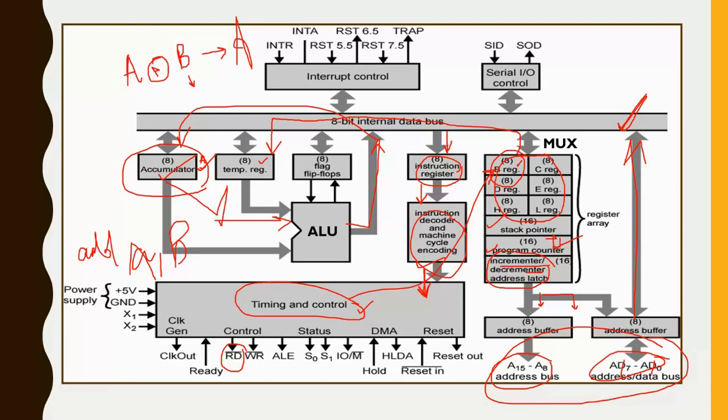So this can be asked in the Viva as well, what things happen. Suppose they give you the command like add ab, so you have to tell that firstly the program counter fetches the address through the address bus, right? And then the read signal gets activated, that is the memory read is activated, right? The address goes to the address bus, and the instruction which is fetched comes through the data bus, and it will be stored in the instruction register. Then it gets decoded, and the timing control signals are generated, right? And in the meantime, this program counter gets incremented, right? So this was all about the block diagram.